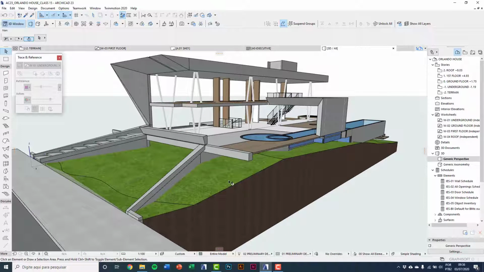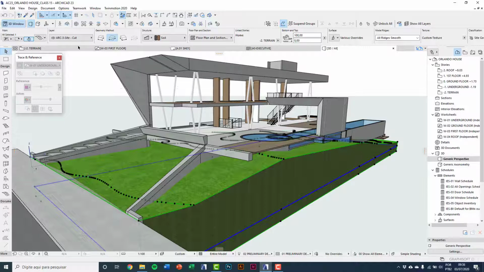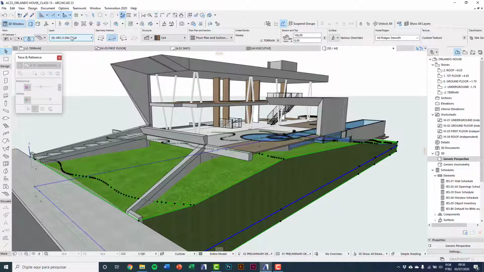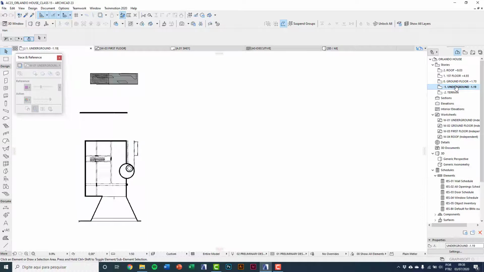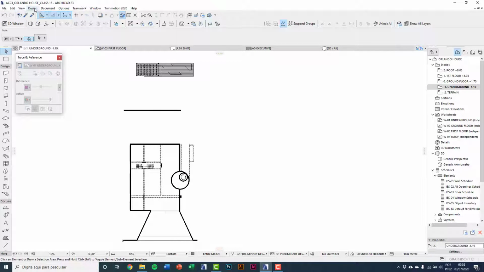When I pass the mouse over the mesh, I can see the layer information showing that this element is inside the cut layer. Selecting this element, this information also appears on the info box. Go to Underground Floor. Click in Design,